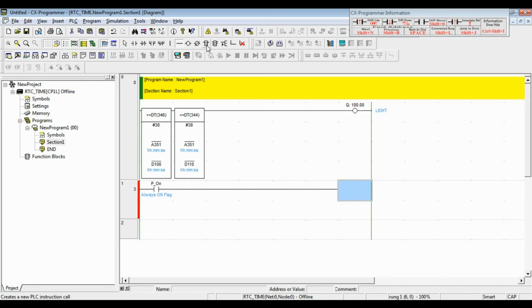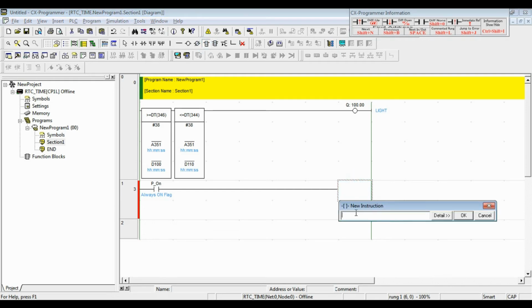Okay, I get a new PLC instruction. Click and I put it here.